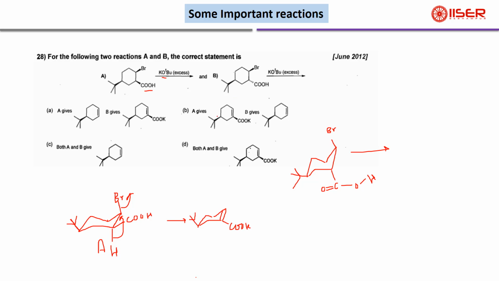So the correct option from here, you can see the correct option will be between B or D. A and C are already cut. The correct option will be between B and D. Now let's see what B gives. Now in here there is no beta proton available to eliminate this bromine atom. There is no such beta proton available to eliminate this bromine atom. That's why